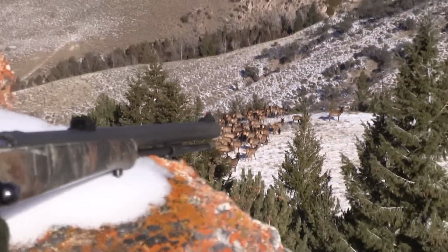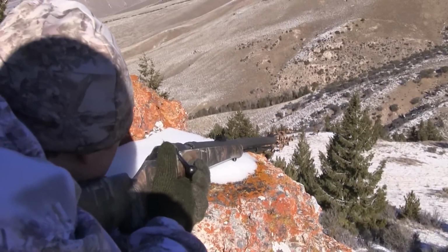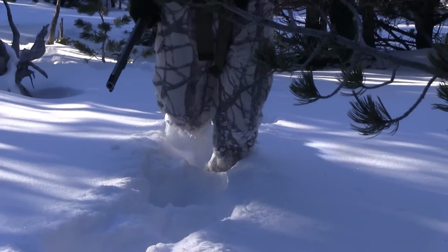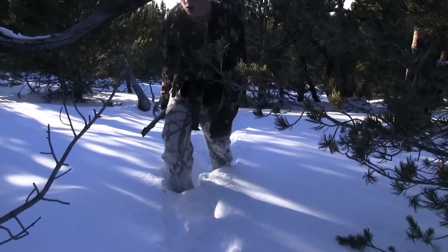This week on Jared Scott Outdoors, I'm out with my son Luke after cow elk. The weapon for this hunt? A muzzleloader. This adventure took place the first part of December when there was plenty of snow up high and